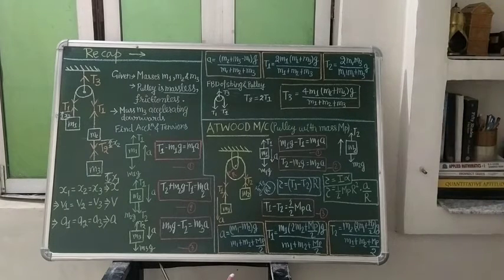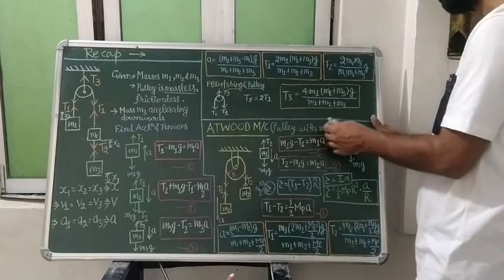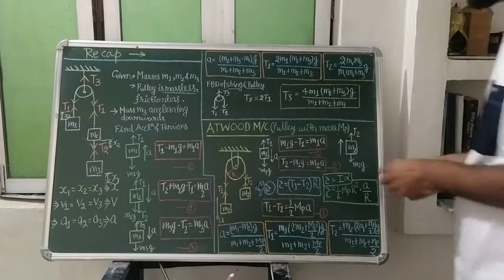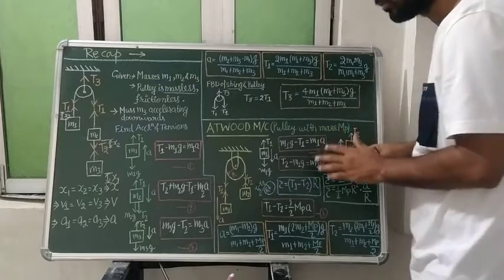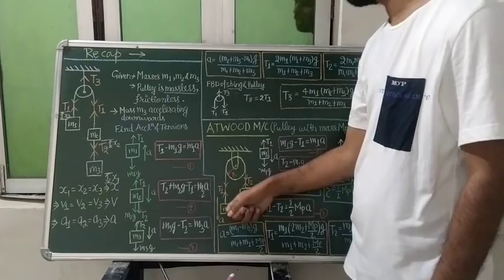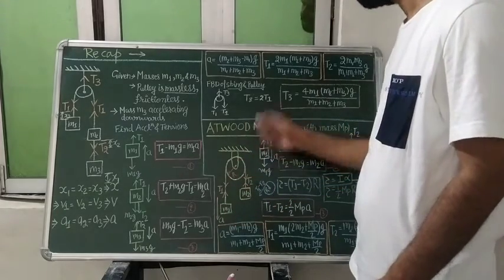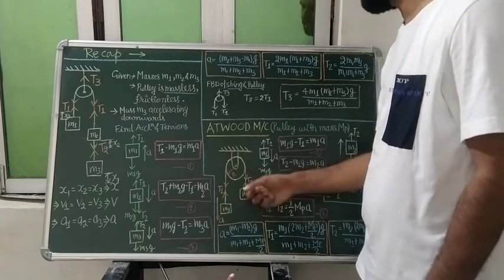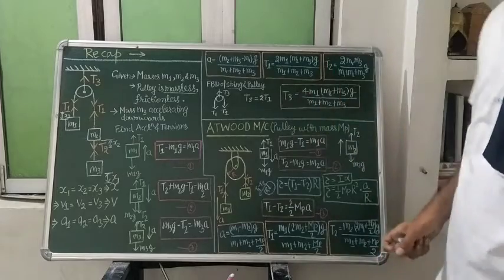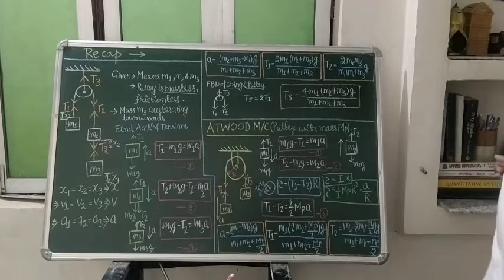Okay? And then, students, as I was talking to you, that pulley with mass Mp, we will call our Atwood machine. Atwood was that scientist who has told about this. He arranged a machine like this. Machine I am writing like it. So this kind of machine will be called our Atwood machine. A pulley arrangement with two masses will be called our Atwood machine.